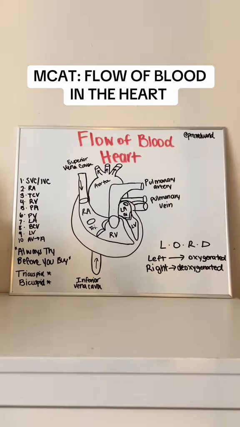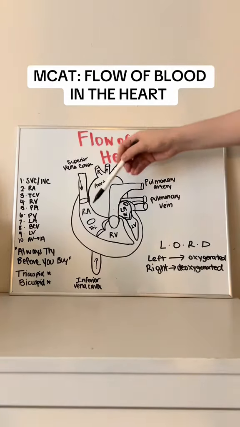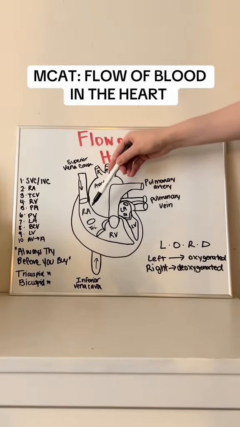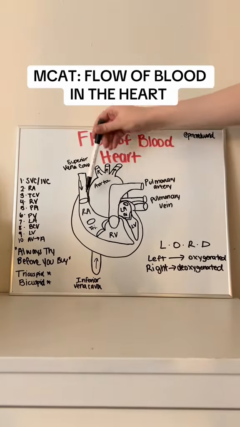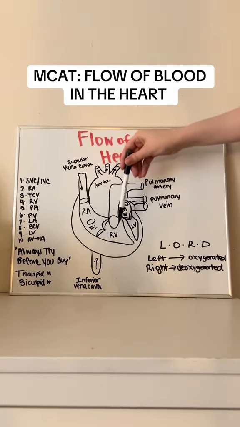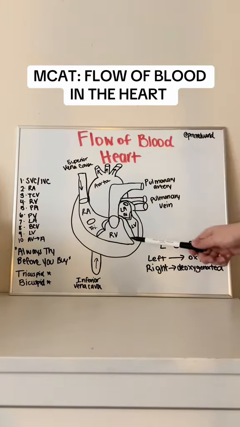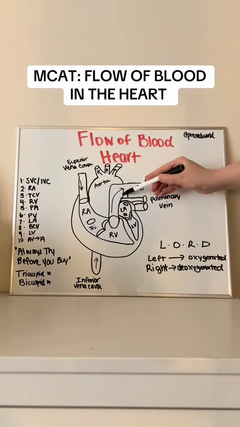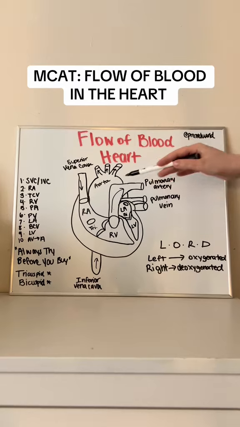through the pulmonary artery, and the pulmonary artery carries deoxygenated blood to the lungs for oxygenation, as you can see. So then we move over to the left side. The left side of the heart involves the pulmonary veins. So now the oxygenated blood returns to the heart from the lungs through these veins, which then enters the left